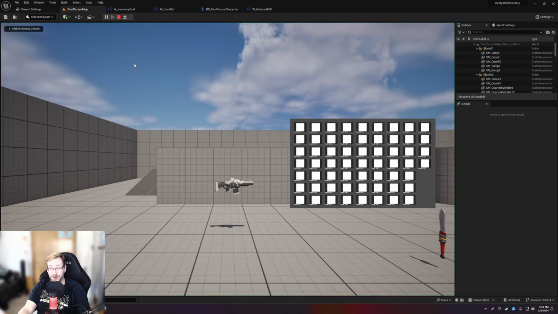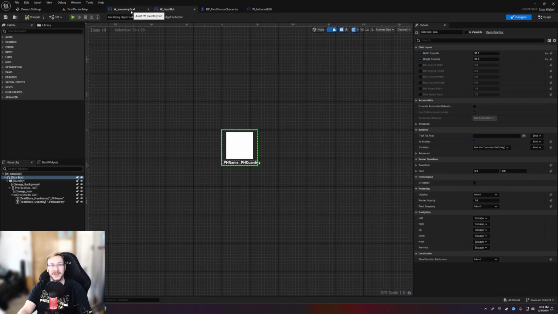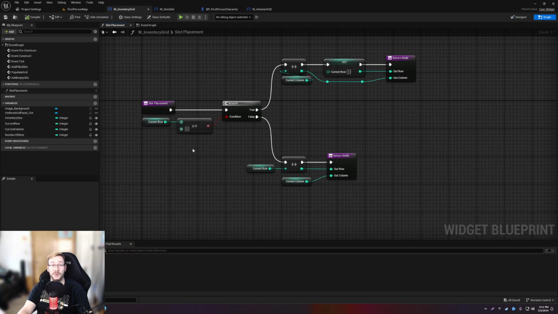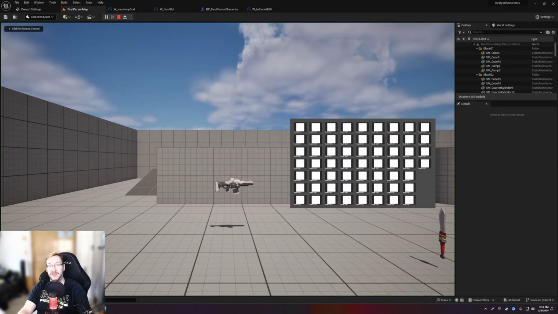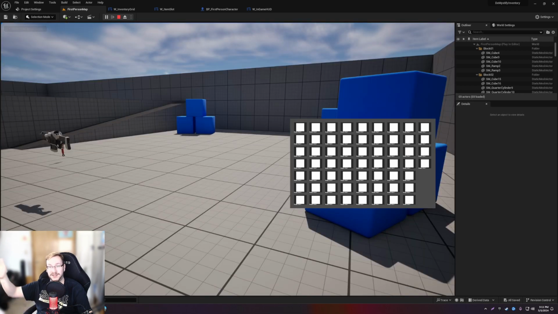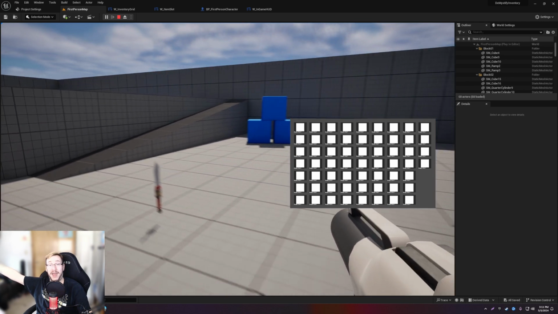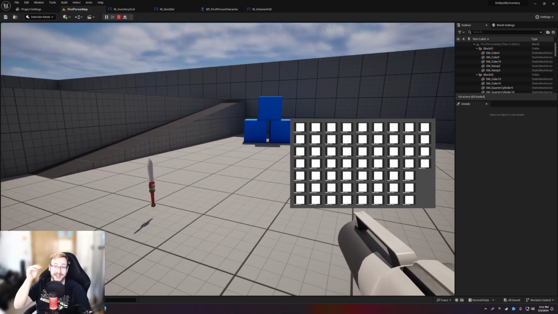When I hit play, you can see mine looks correct now. The reason for that is because for current row, we need it to be 6 and not 10. And there you go. So now it'll actually populate 10 times across because I had it backwards. I thought row and